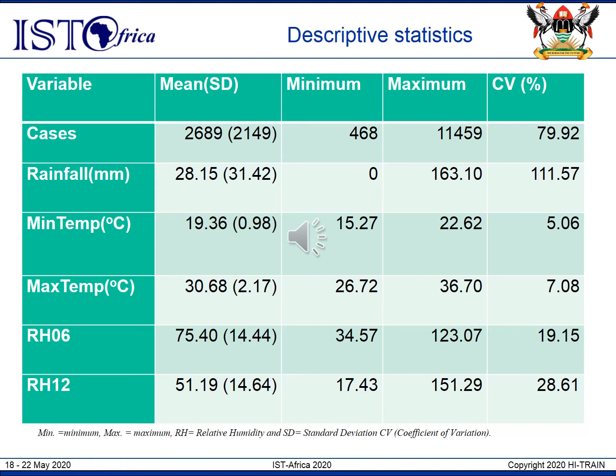The minimum and maximum values of malaria cases that were observed during the study period were 468 and 11,459 cases respectively. The rainfall in our reporting period was found to have a minimum and maximum values of 0 millimeters and